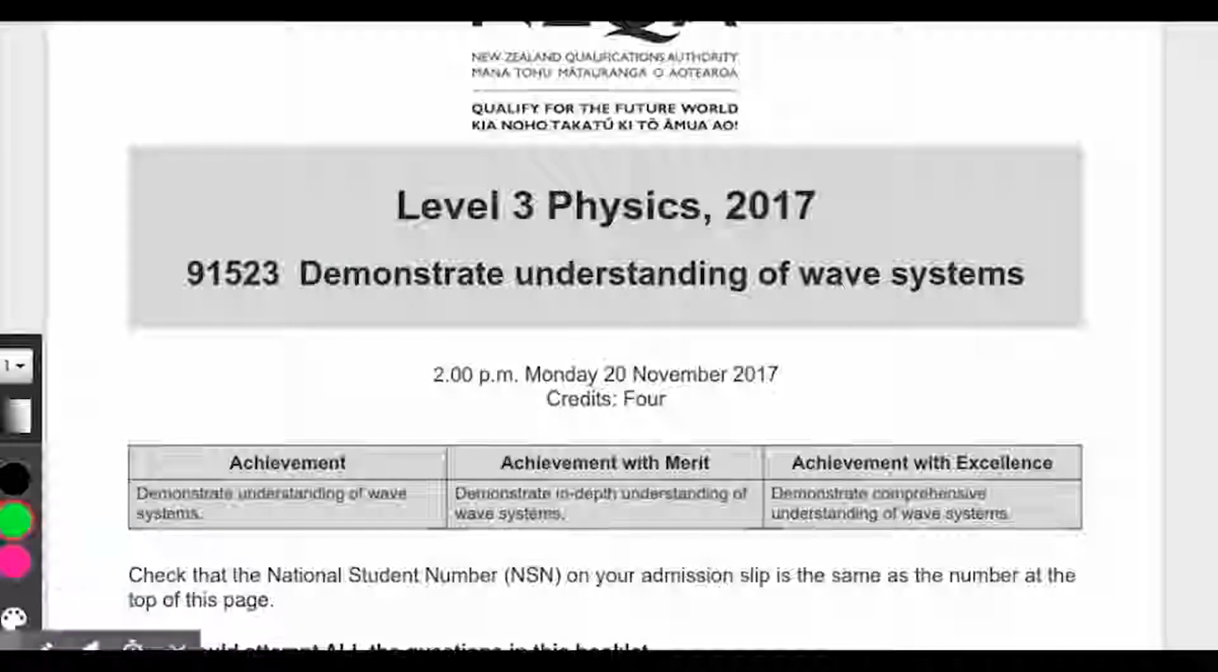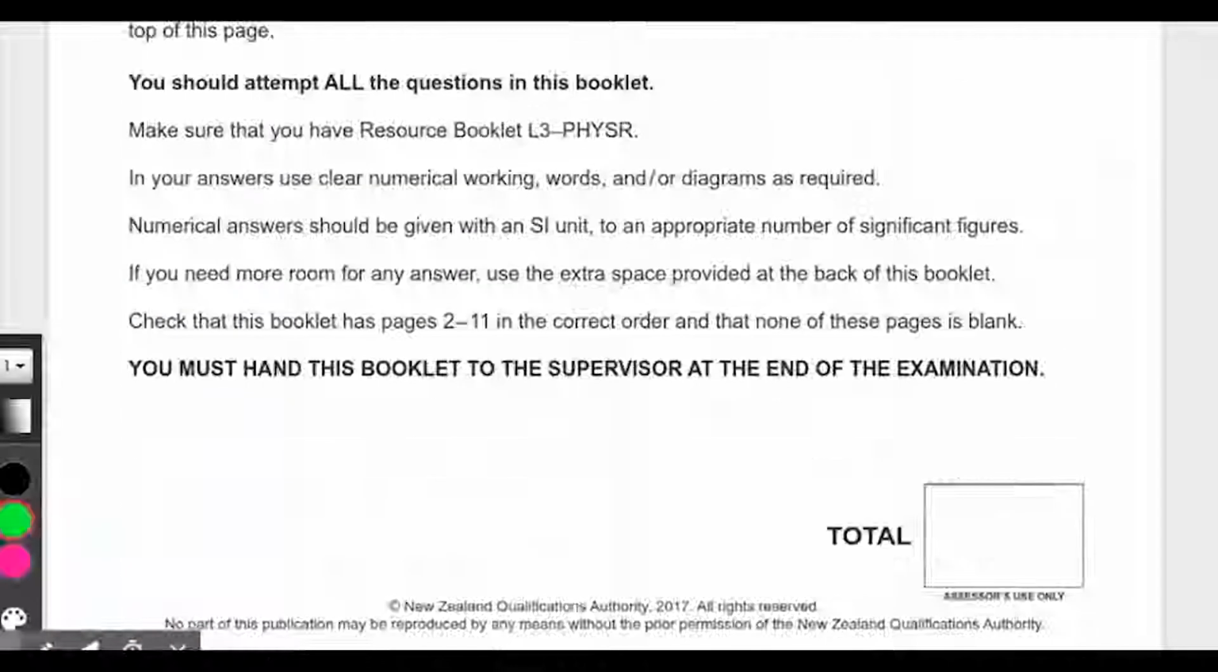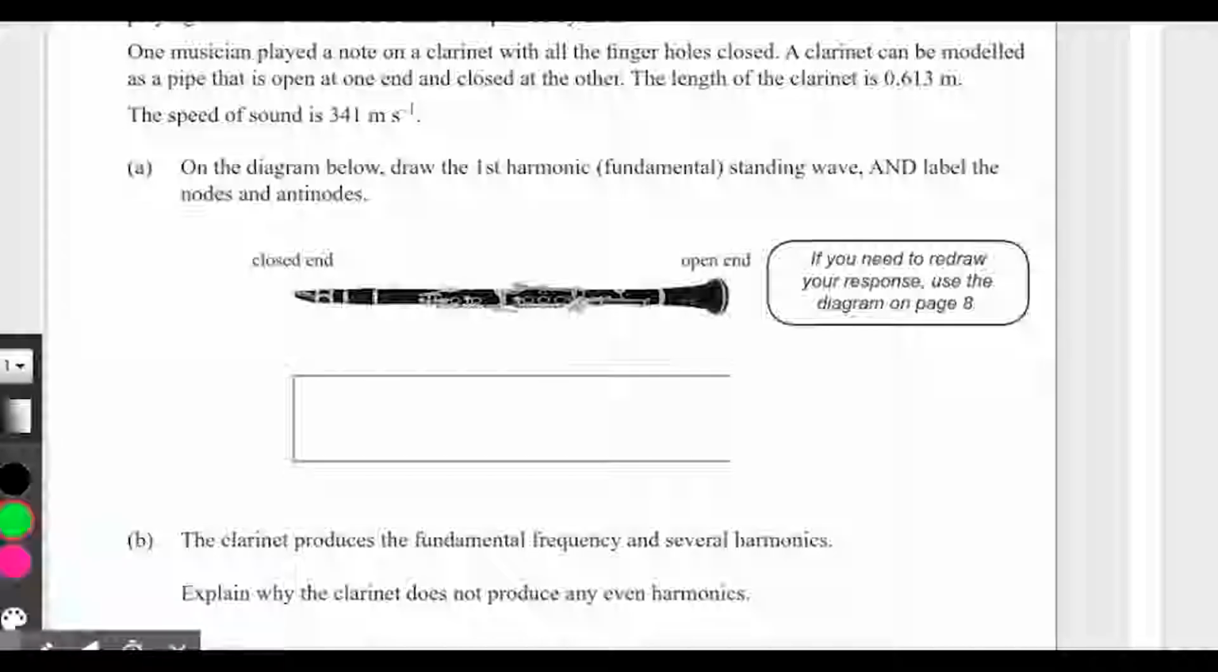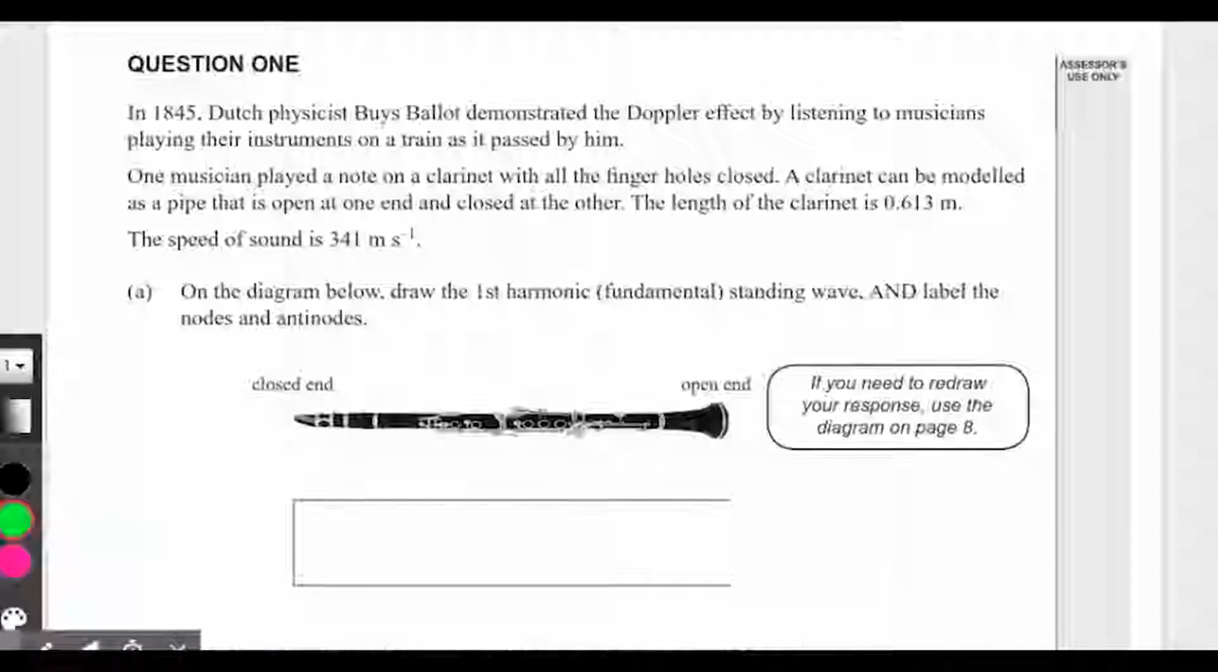Alright, in this video we'll be going through the 2017 Wave Systems exam, starting off from the beginning. Right, so we have a clarinet, a bunch of information, investigating the Doppler effect, and it asks us in part A,